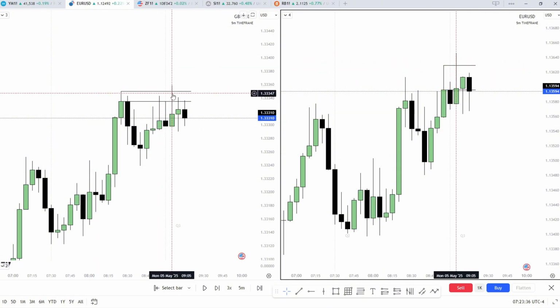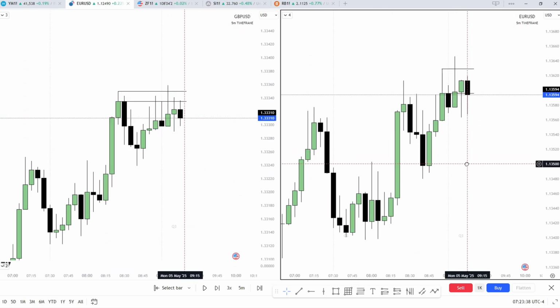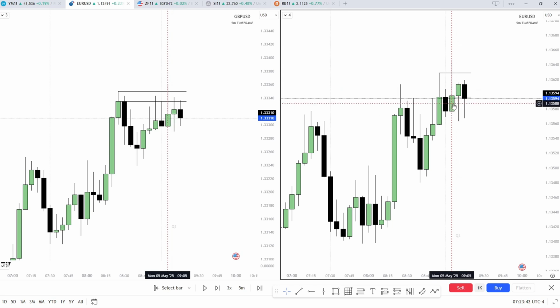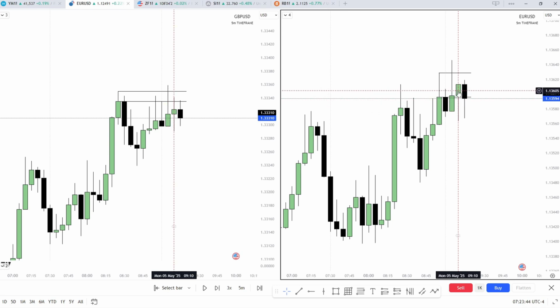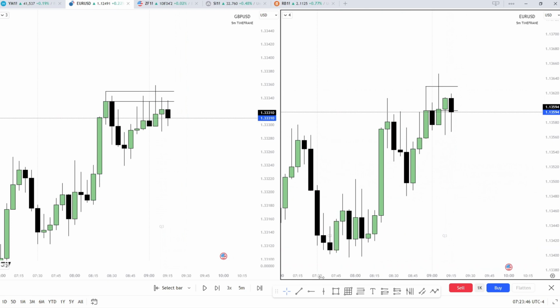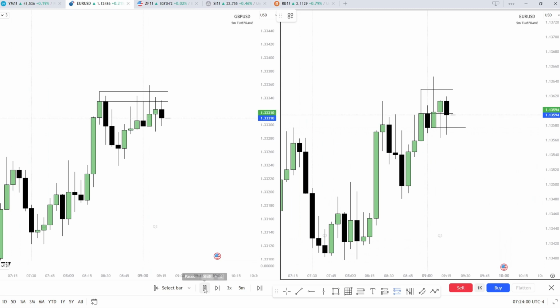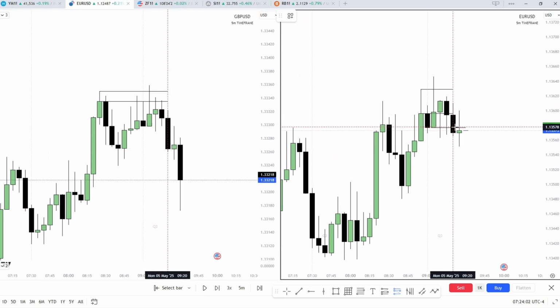So this is then when we're scanning for that hidden sequential SMT, and as you can see, we did indeed get a closure above of this candle and also a clear one off this candle here, okay? So then all we need to do is mark out the candle that first formed that hidden sequential SMT, in this case this up close candle here, and then what we're doing is we're waiting for a closure back down below it to confirm the change in the state of delivery, which you can see we got within this candle